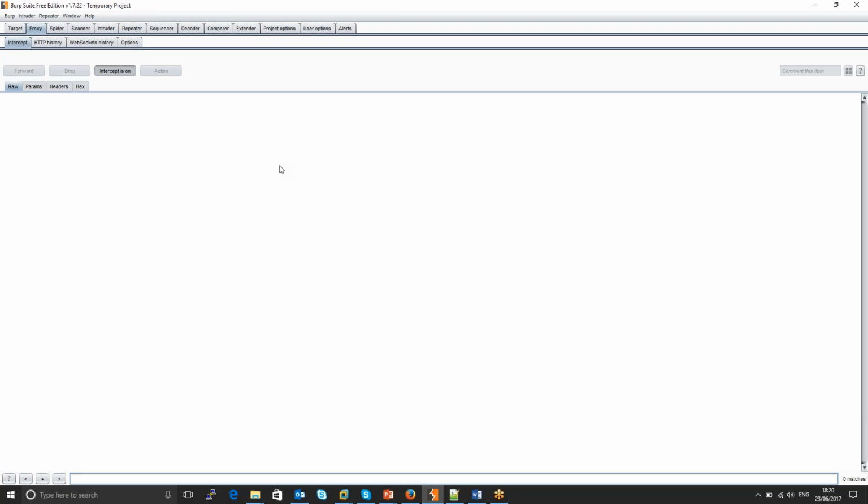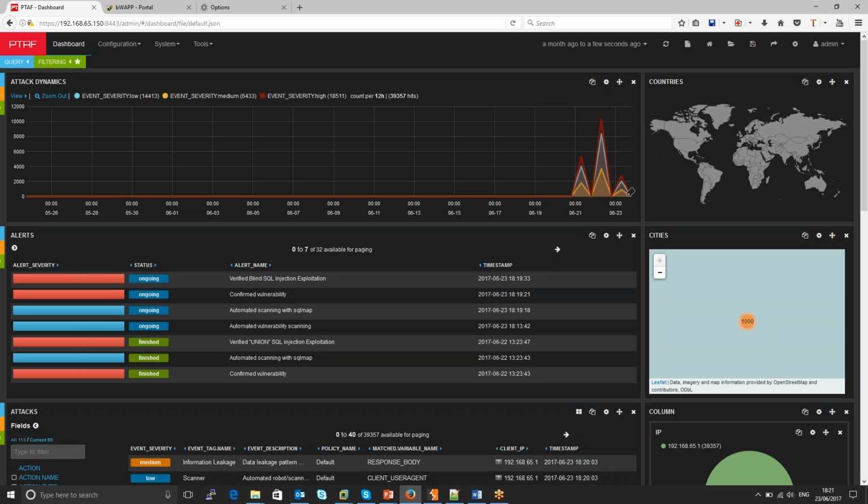So in such cases, again, it's very difficult for the server side to understand if such kind of tools or such kind of interceptions are being used. So let's just test